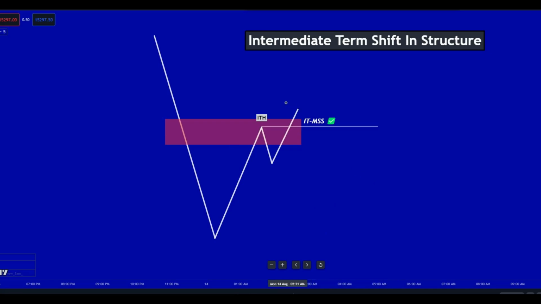Once we see this, this will tell us it is safe to go long in a reversal situation. It could have been a run on liquidity. It could have filled an imbalance down here. But the point is that it has now signaled to us that the market is no longer bearish. Why? Because this high would not have failed if it was in fact going to continue lower. Does it work all the time? Hell no. But does it work over 50, 60%? Absolutely. Does it work way better than a swing high that formed here that broke? Hell yes.